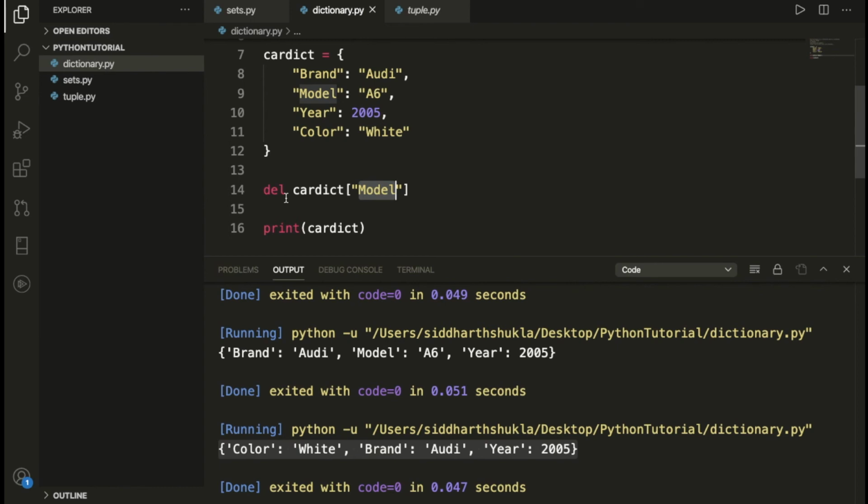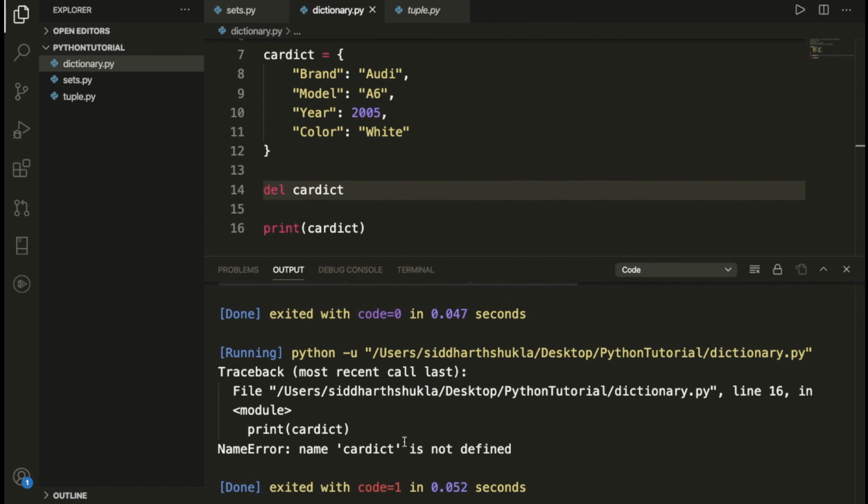Also, if you want to delete the complete dictionary, what you need to do, let me show you. If I add del and the dictionary name, that's it. Let me execute that program. Yes, we are getting CarDict is not defined.